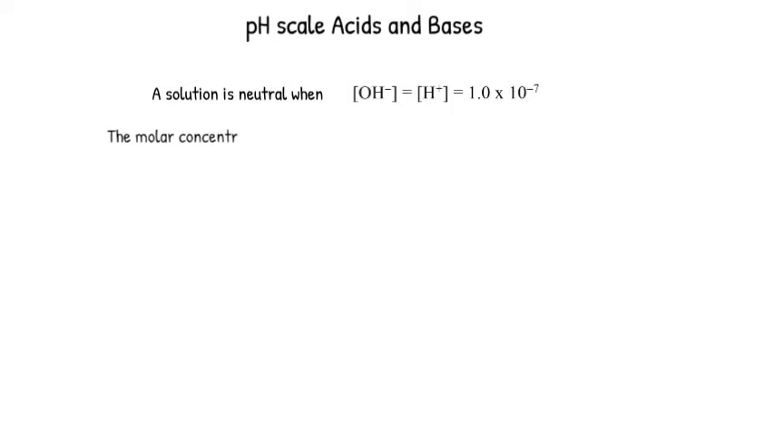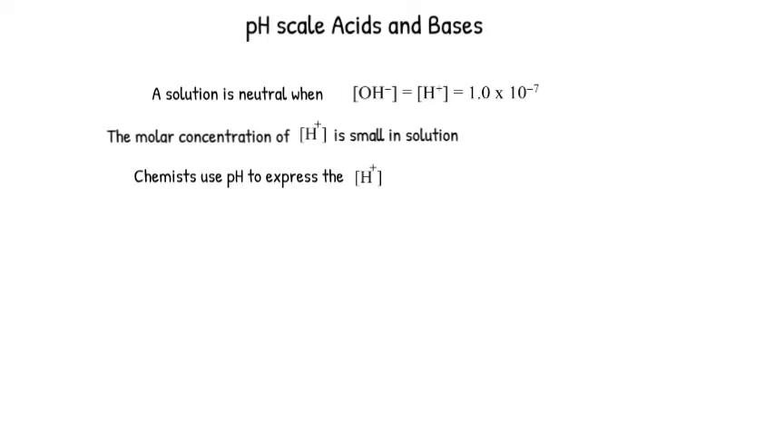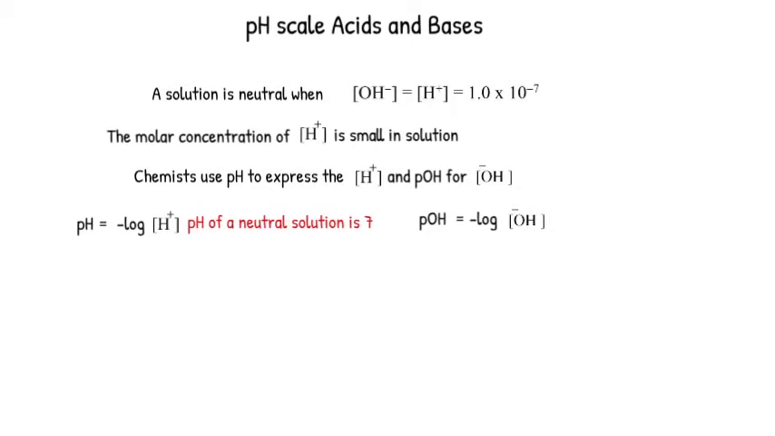The molar concentration of the hydronium ion is small in solution. Chemists use pH to express the concentration of H+, the hydronium ion, and pOH for the concentration of hydroxide ion, OH-. So the pH is equal to the negative log concentration of hydronium ion. The pH of a neutral solution is 7. The pOH is equal to the negative log concentration of the hydroxide ion, where the pOH of a neutral solution